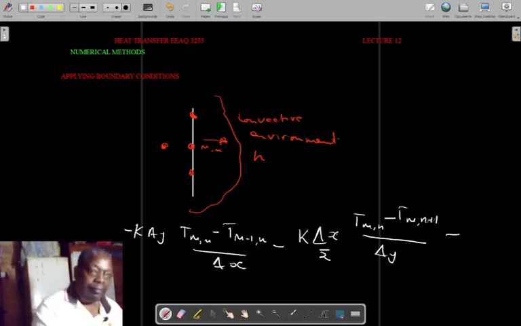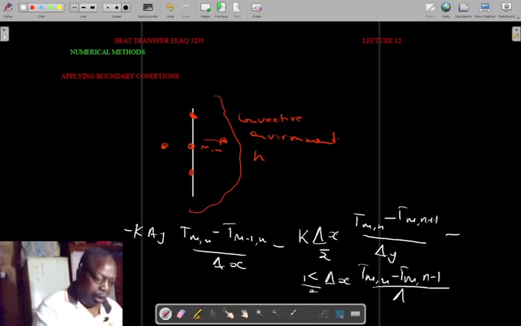Then we have minus K again over 2, delta X, T M,N minus T M,N minus 1 over delta Y, and that must be equal to, assuming equilibrium position, the same amount that is being convected from the surface to the environment, and that is given by Newton's law of cooling as H delta Y, the temperature difference between the surface node T M,N minus